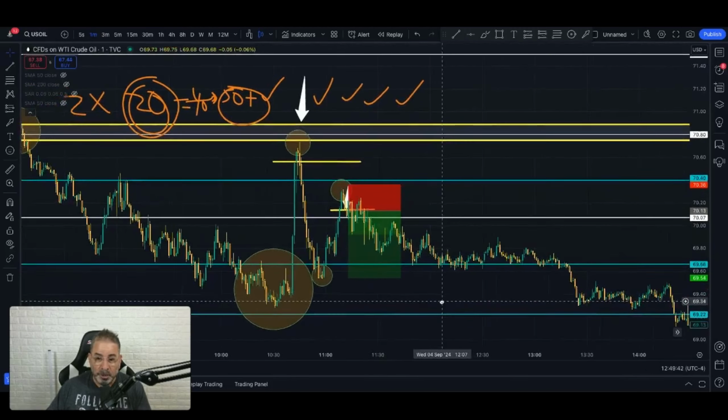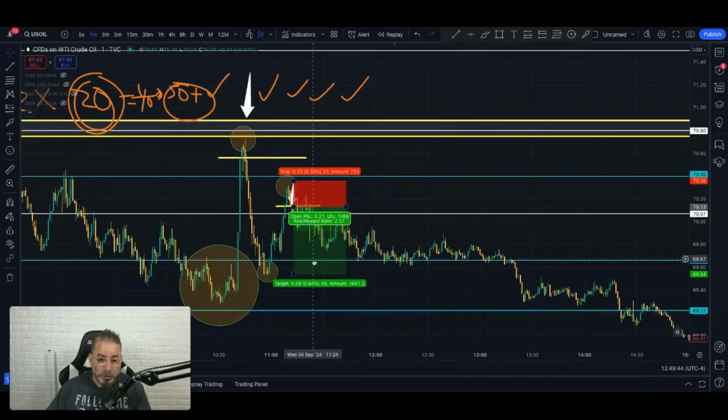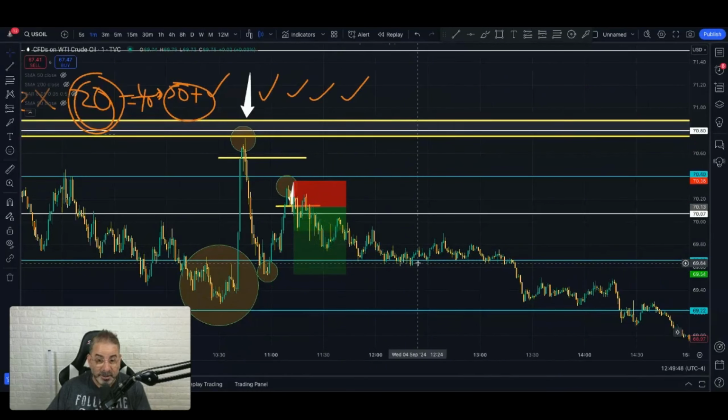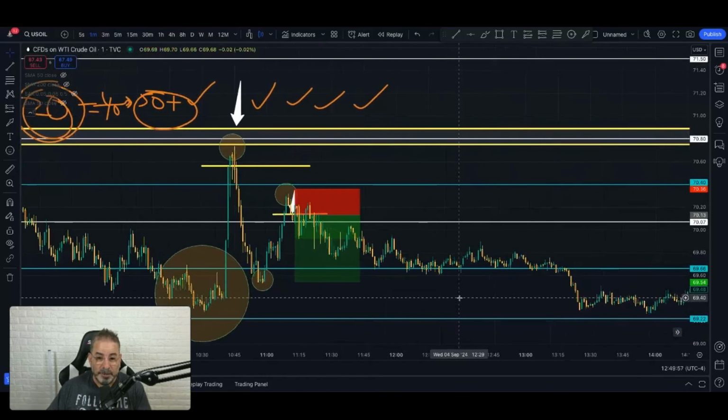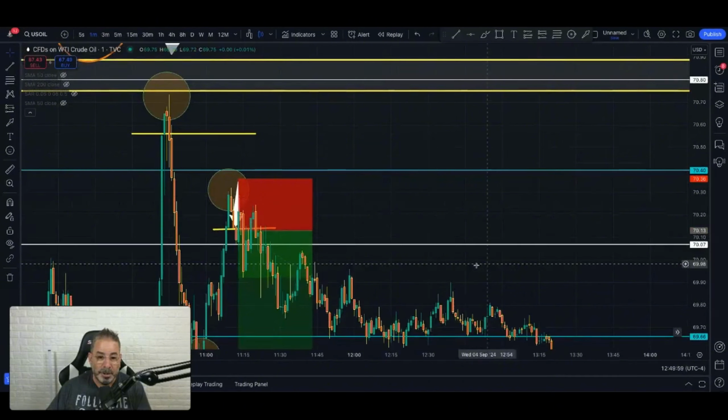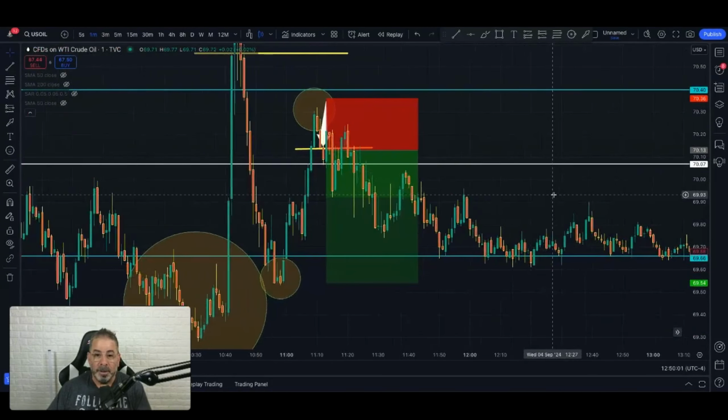So the goal is that we try to come back to the green level, but what do we have right here? We have a level that we identified as what? The blue line as possible support and resistance. So if you see that you're coming down to this level, here's the beauty of the 1 minute chart that a lot of you will miss.